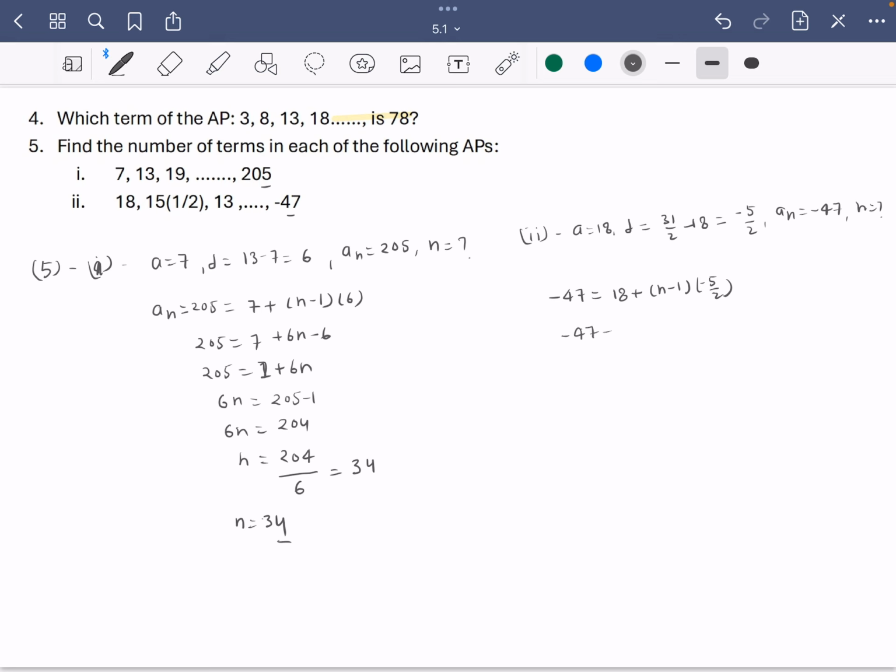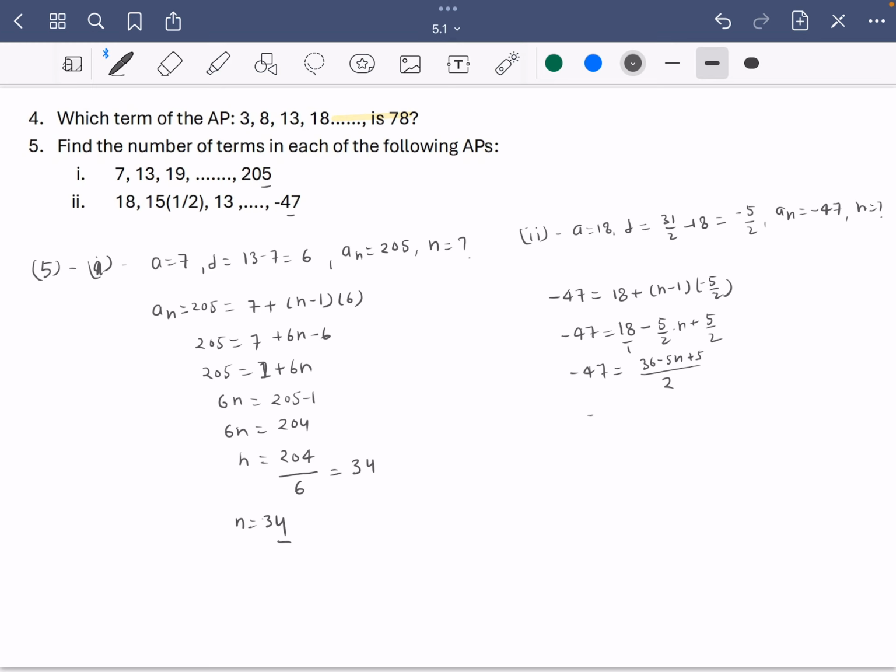Negative 47 is going to be 18 minus 5 over 2 times n plus 5 over 2. I can simplify it by simply taking the LCM here. So it is going to be 36 minus 5n plus 5,